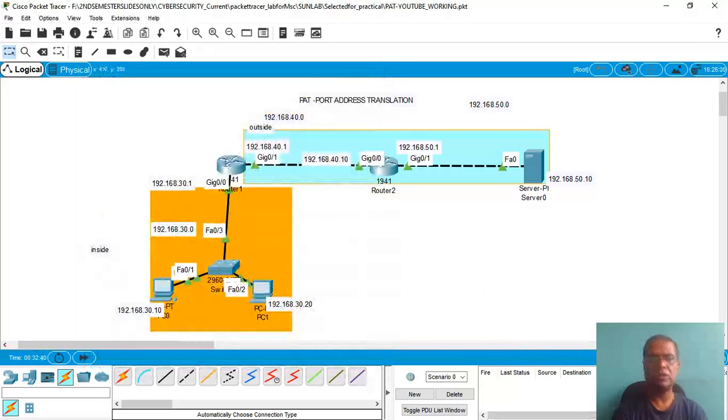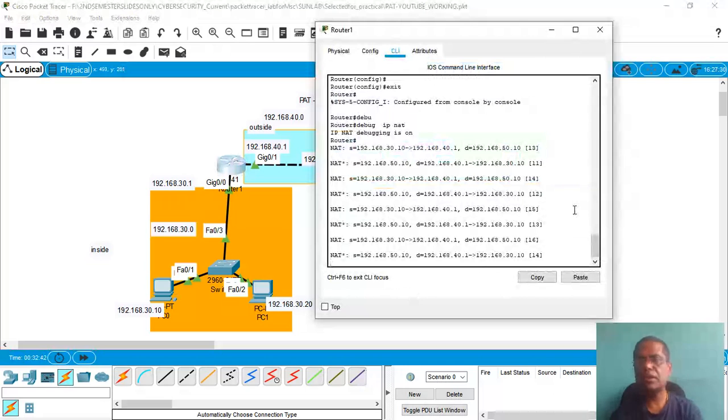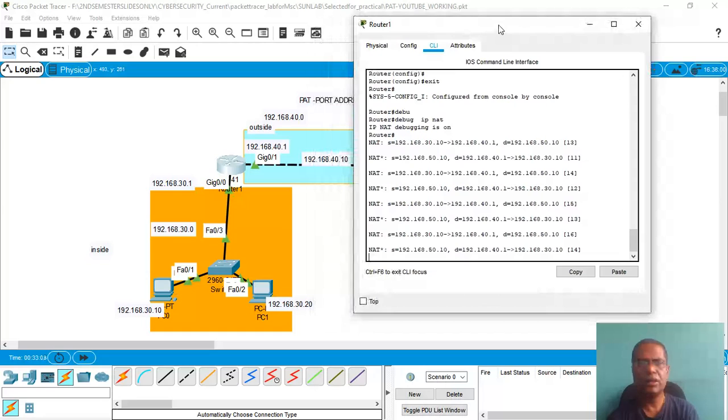Now let us go to our router and check what happened. Look here, my friends, 192.168.30.10 has now changed to 192.168.40.1 and the destination is 50.10, right?